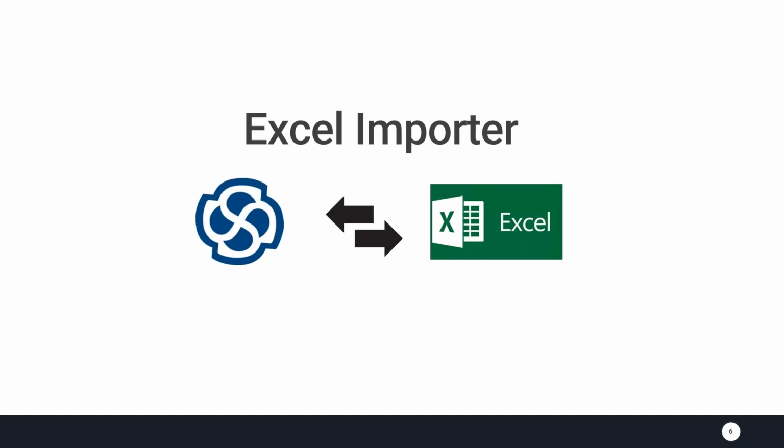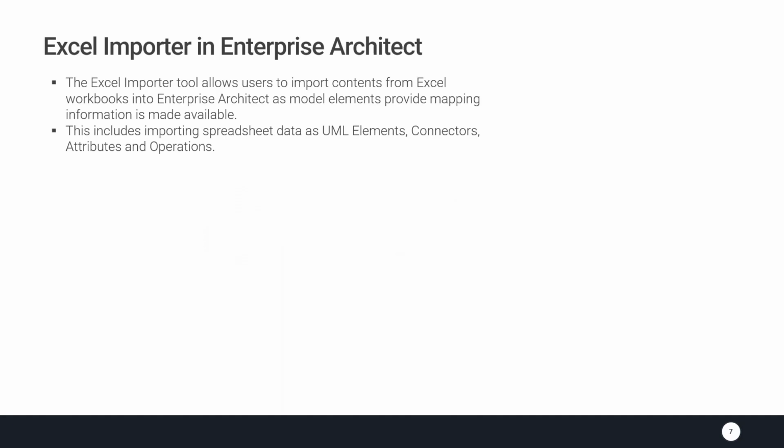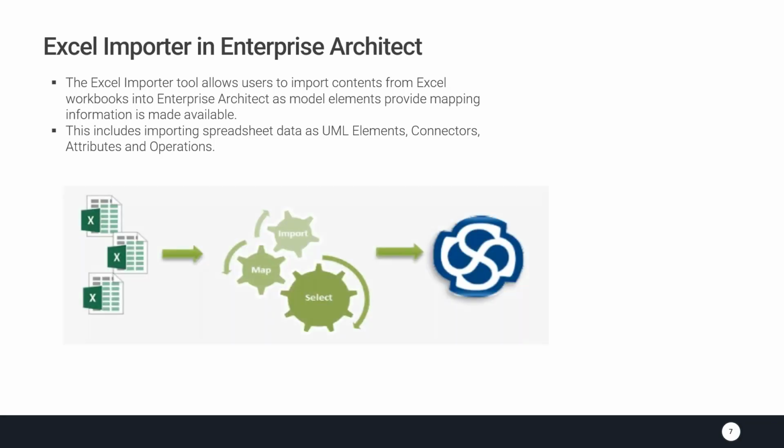Next, let's deep dive into the Excel importer features that we have. In any organization, most data resides in Excel, and this has to be converted to model elements. So we need to provide the mapping information to EA. The spreadsheet normally will have the details as UML elements, connectors, and attributes. So first, we need to create a mapping profile